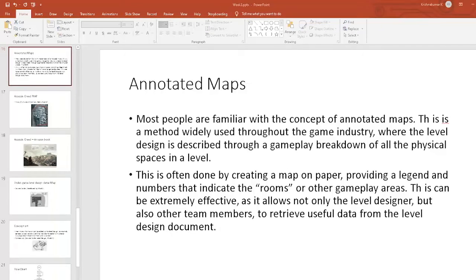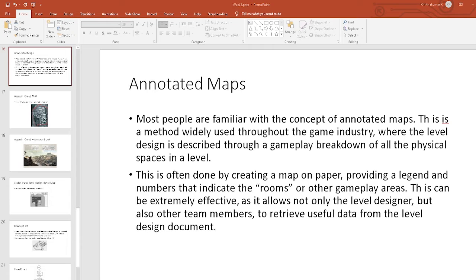Once it is designed, it will be developed even further, which indicates what kind of rooms it is and what kind of gameplay it will have. So this is very efficient. This will give a very good idea of what is really happening, what the game is providing, or what is going to be the end output.